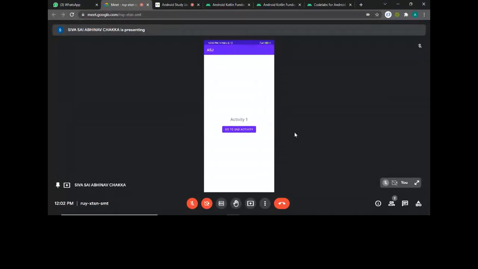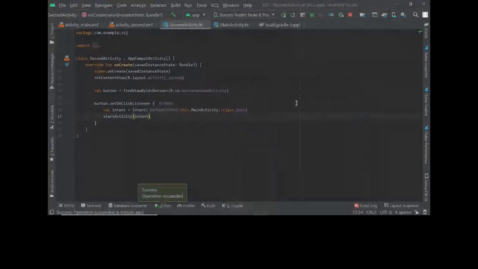It's more smooth, but because of this screen sharing, you cannot see it that clearly. If you try it for yourself, you can see it's a little bit smoother than what you're actually seeing. So that was changing activities. You can send data as well between these two activities, and for that you use the bundle. Not showing that now, but there's an option to send data from one activity to the other activity.